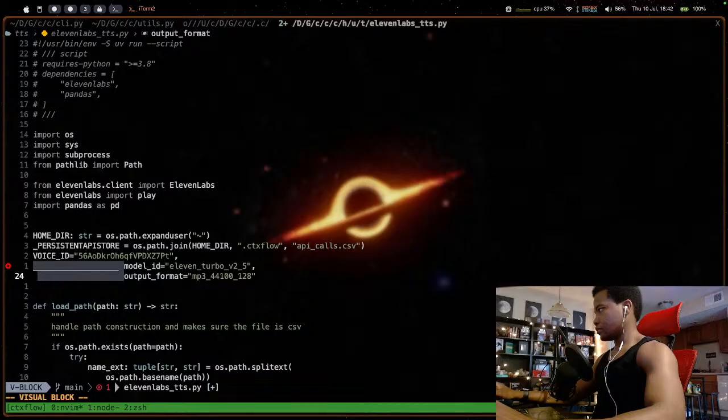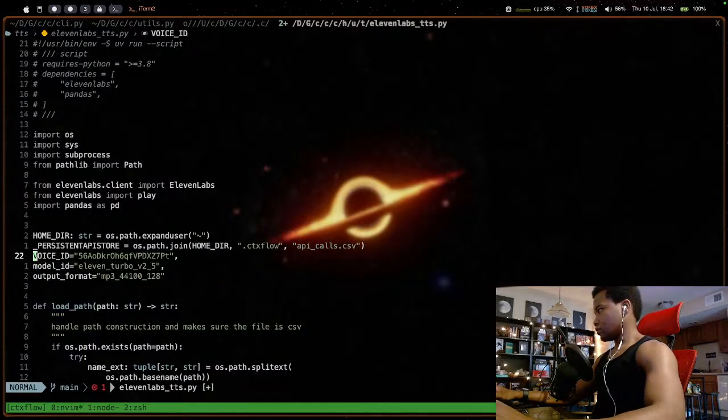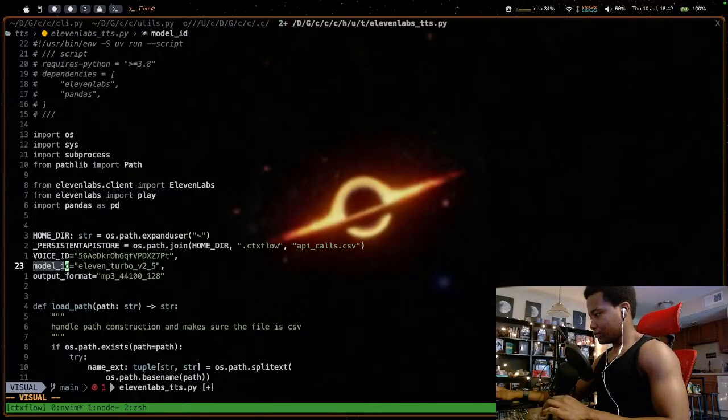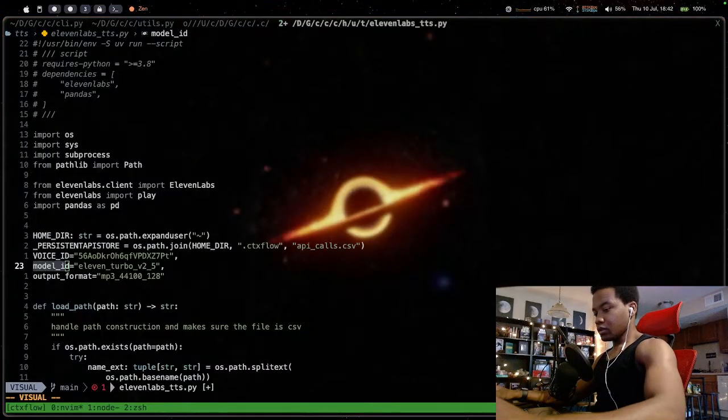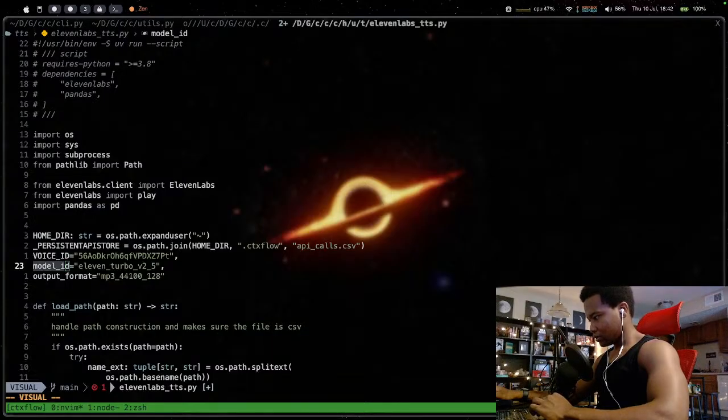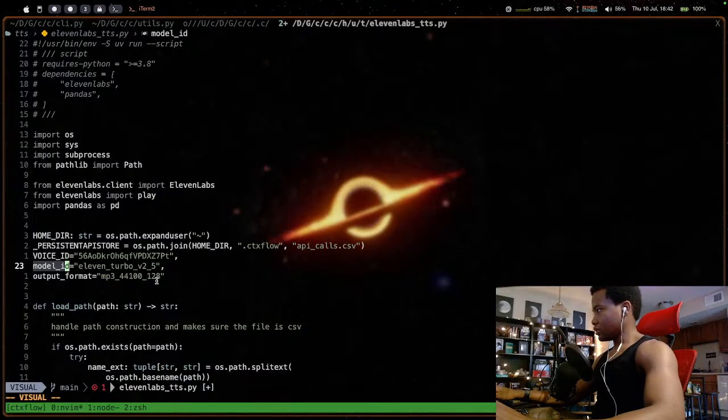Okay. I don't know that keybind. What is it? Vim motion for all. I don't ever use this. It's gU apparently.